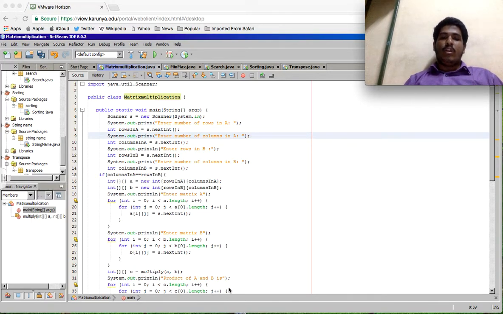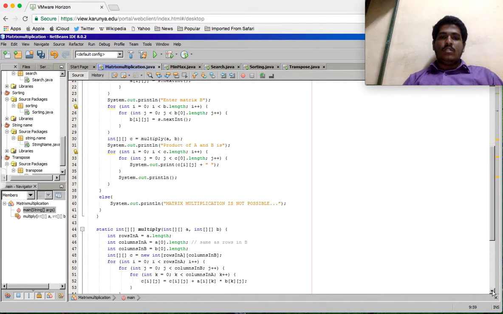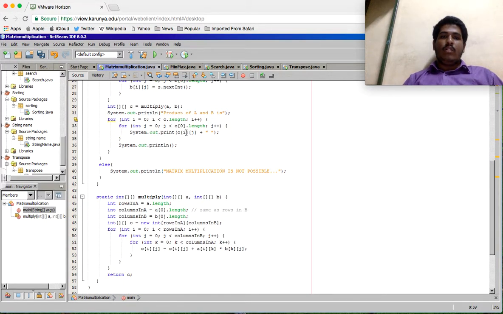System.out.println("Product of A and B is"); for (int i = 0; i < c.length; i++) for (int j = 0; j < c[0].length; j++) System.out.print(c[i][j] + " "); System.out.println(); } else System.out.println("Matrix multiplication is not possible");